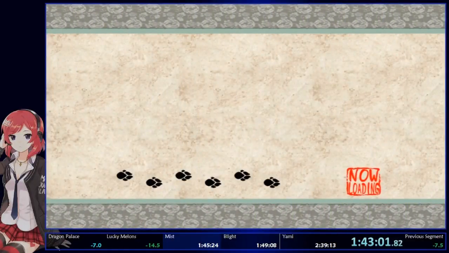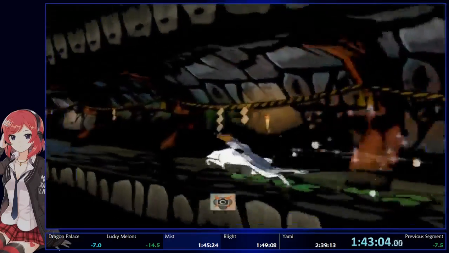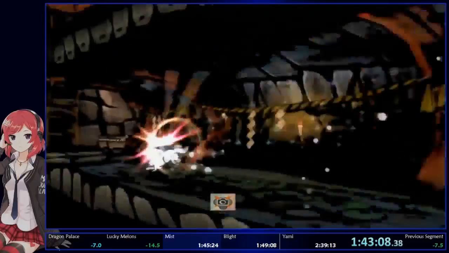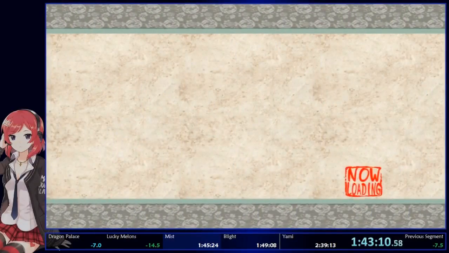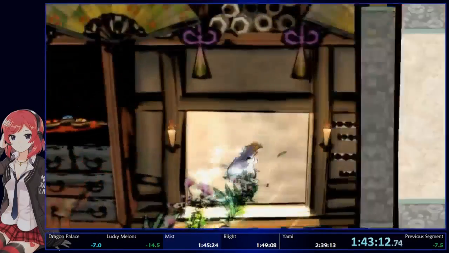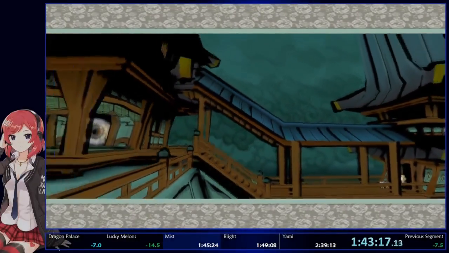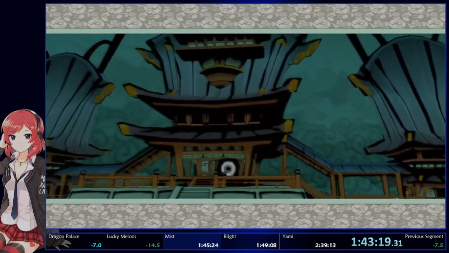So surely this time we will actually progress with the story and go fight Evil Rao, right? No, not really. It's gonna take another detour to go get Mist. And that's another dungeon where you can't exit until you beat it entirely, so...